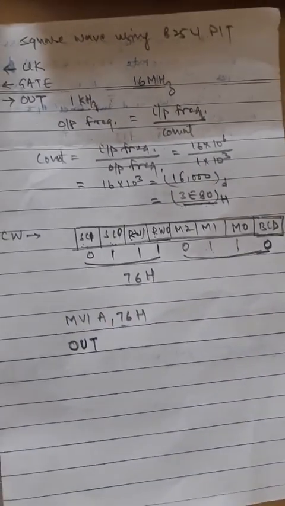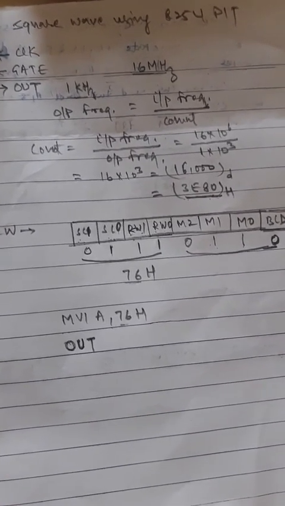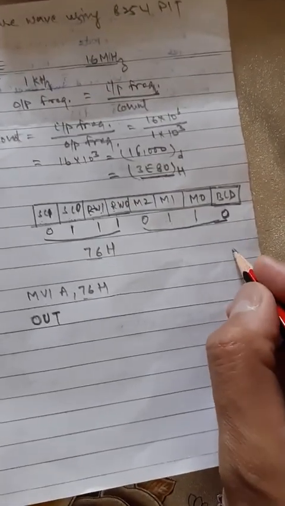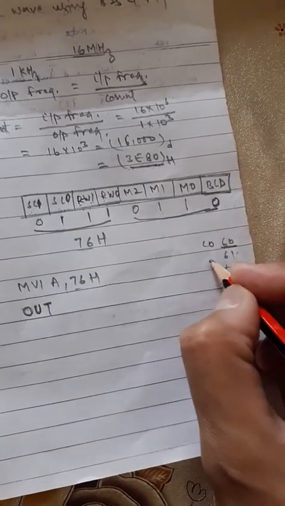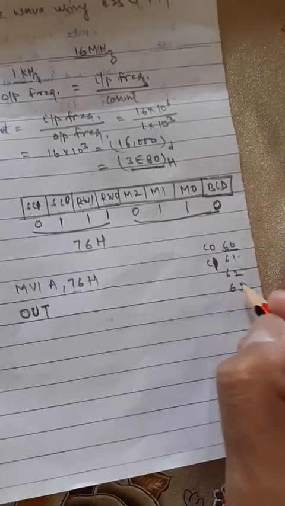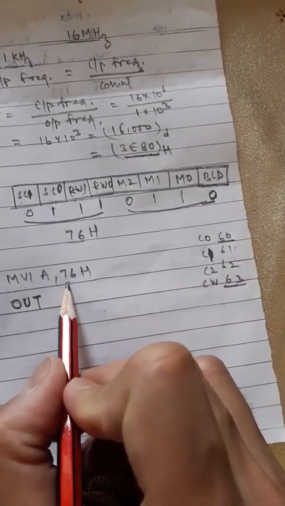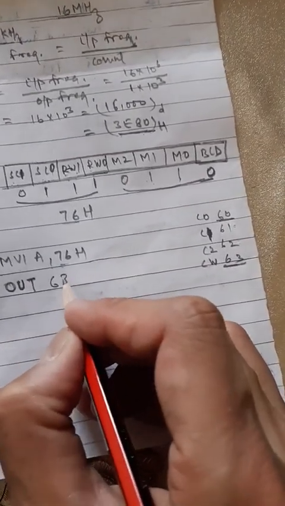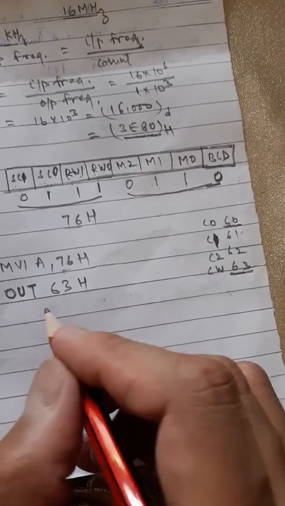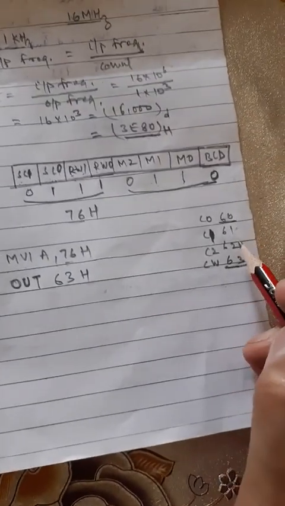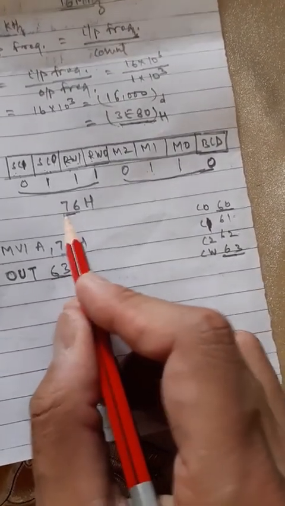In the lecture on interfacing of 8254 with 8085, we have taken the addresses like 60, 61, 62 and 63. 60 was the address for counter 0, 61 was for counter 1, 62 was for counter 2 and 63 was for the command word. Here we are giving the command word, so we will use address 63H. You can use any address, but you need to specify that this address is for that particular command word or for a particular counter. So we have given the bits to the command word.